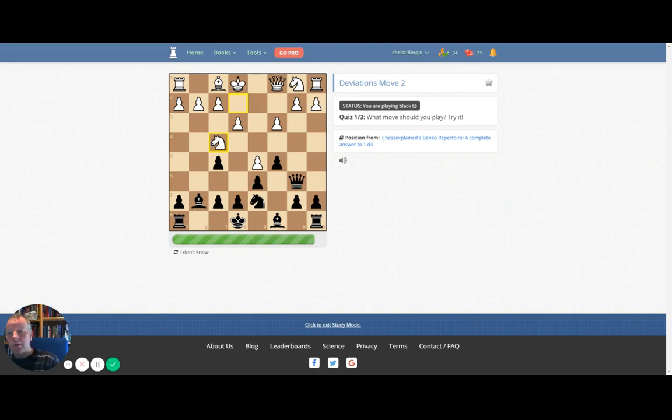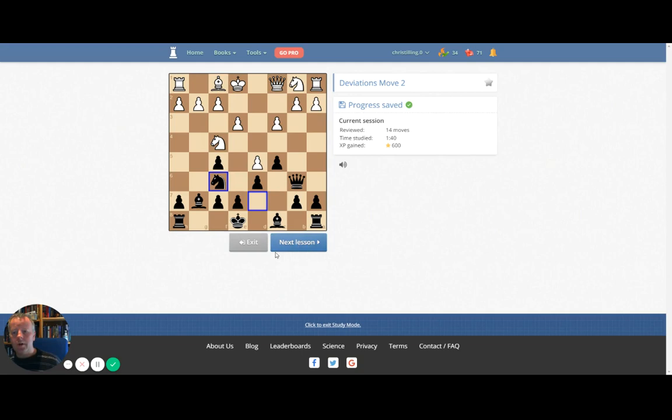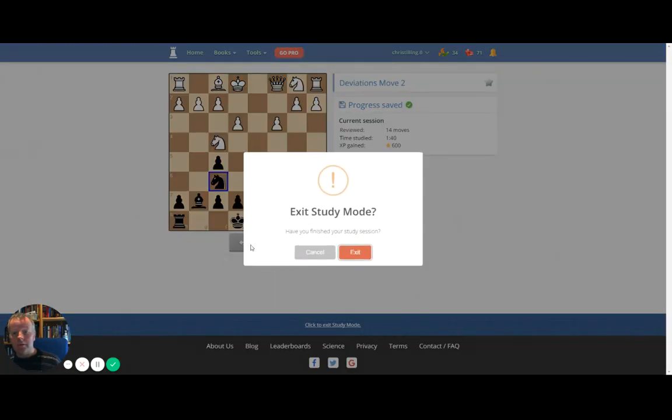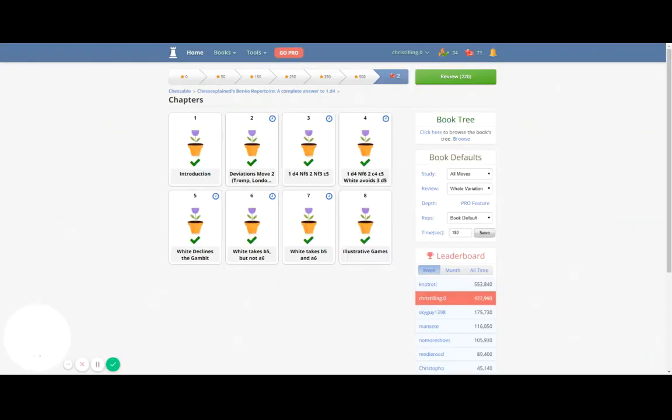And the idea here is that eventually you can push on the queenside and so on at the end of the line. But here it's prompting me on what I did wrong. Remember, I moved with a5 instead of Knight to f6. So now I've got to make that move here 3 times. Collecting these points, that's all part of the learning procedure and how it all works on this webpage. And it will take me to the next lesson, or rather the next one to review. But that's enough. That will give us a taste of how this works.